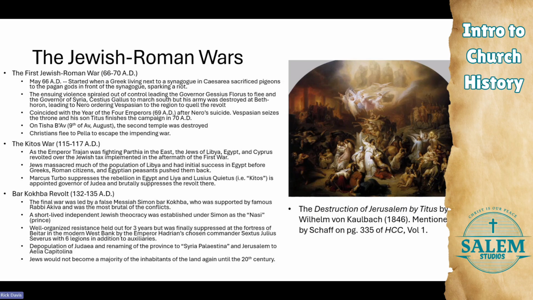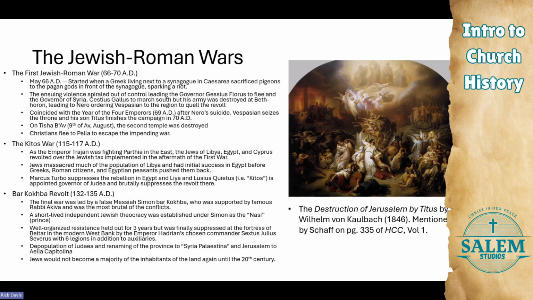There were three great wars between Jews and their Roman overlords in the first and second centuries AD. The first of which was in 66 through 70 AD. This started in May of the year 66 when a Greek living next to a synagogue in Caesarea sacrificed pigeons to the pagan gods in front of the synagogue there in Caesarea. This sparked a riot. The ensuing violence spiraled out of control, which led to the governor Decius Florus to flee,